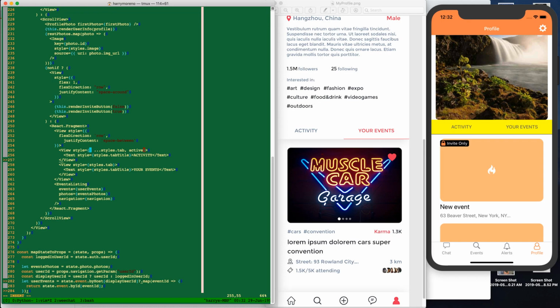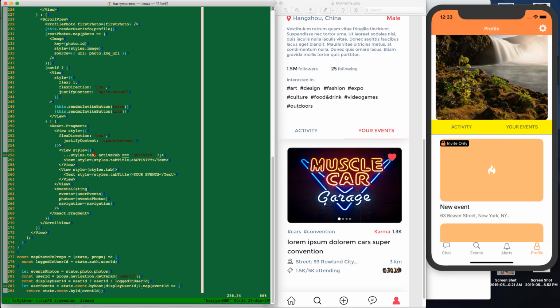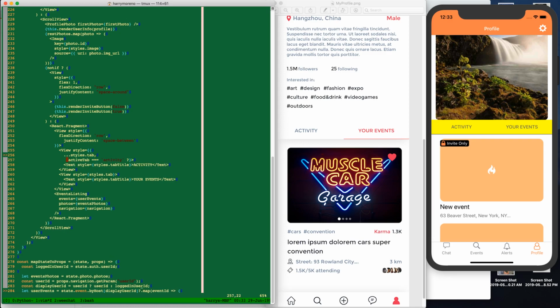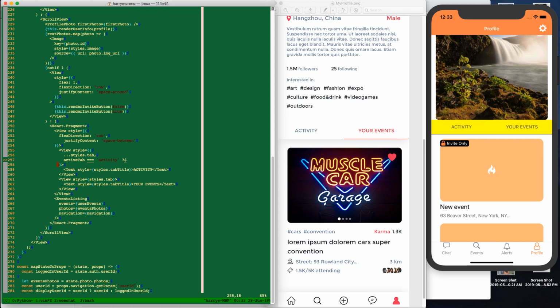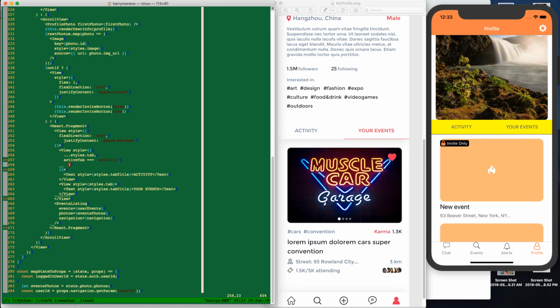So we need the active tab. If active tab equals activity, if it's that, we're gonna expand this because it's gonna get bigger. So active tab, if it's equal to that, let's